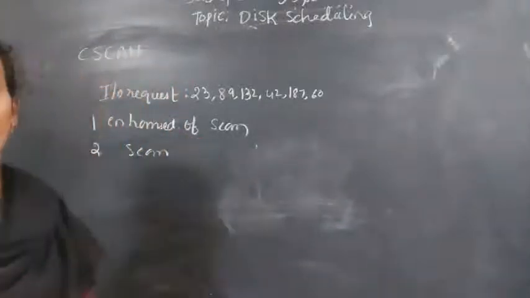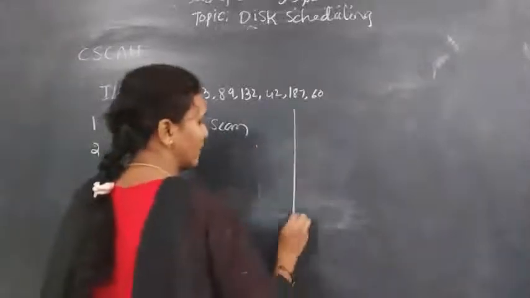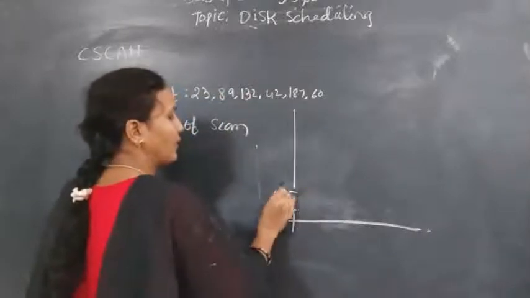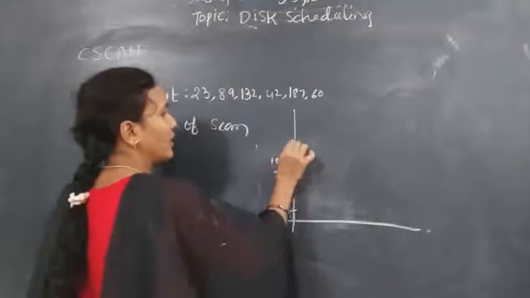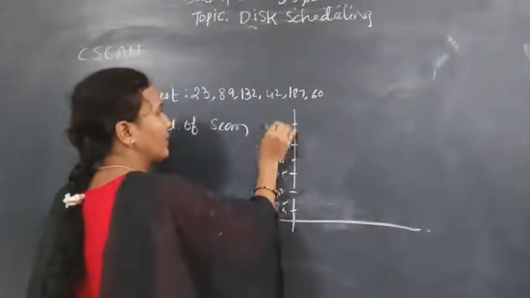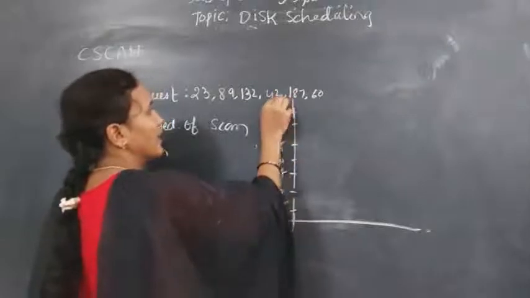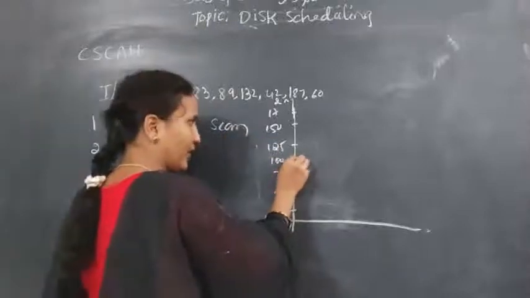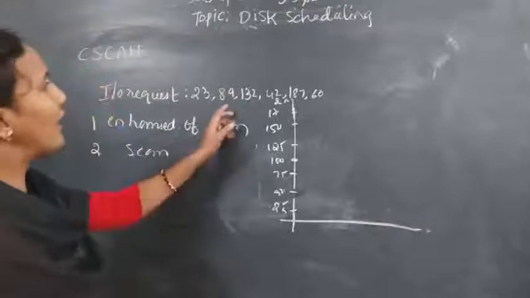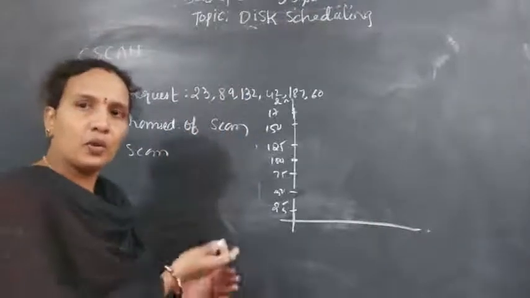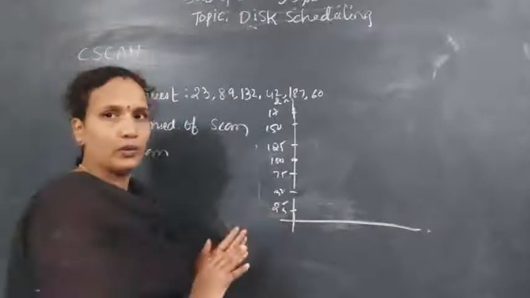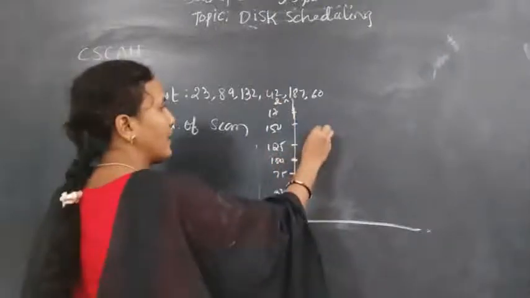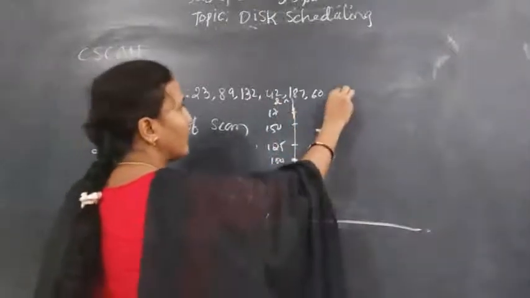Here I have given some input and output requests, and this will be presented on the graph: 25, 50, 75, 100, 125, 150, 175, for example 200. Imagine the initial point is at 100 here. Right now, the head movement is at 100. After 100 I am looking; if you want to move downward also, you can, no problem. So here, for example, first 100. After 100, what is the next point? 132.